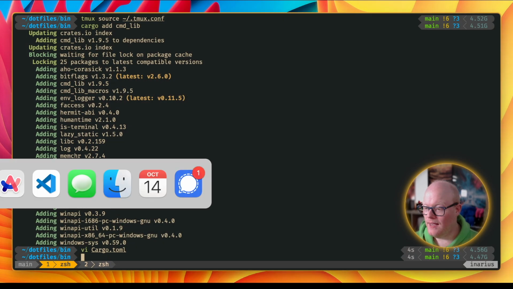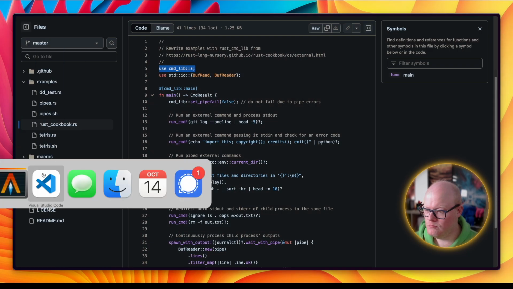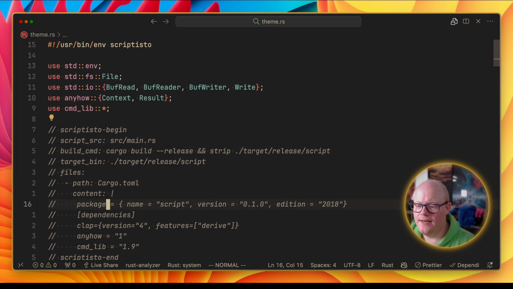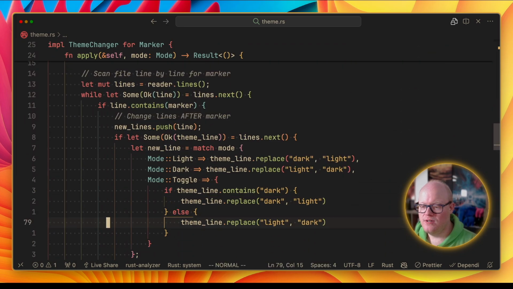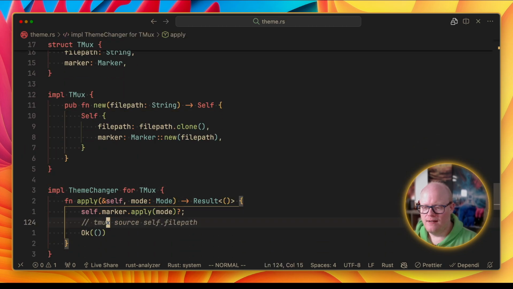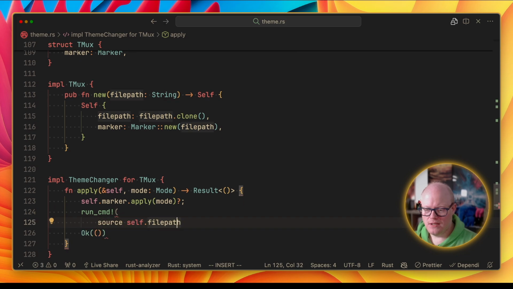I wanted to go back to the editor. So use command lib, and now we should be able to do something. It is kind of overkill for what I need here, but nevertheless, it's a nice little thing, and why not use that? So run cmd, something like